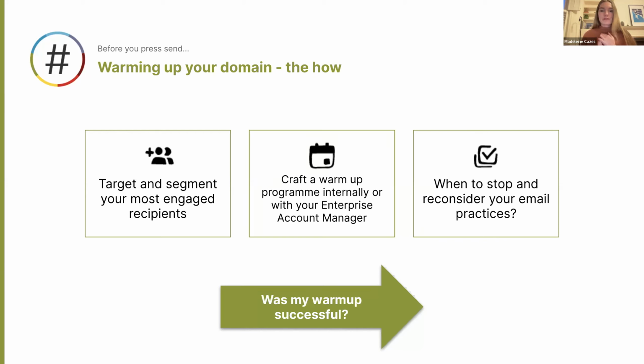So this means, have you targeted a new segment of folks? What was your ask? Did it differ from previous asks? Did the content or the copy of your emails change at all? Essentially, look for what's being done differently that could have had an impact on your engagement rates from one day to the next. And in general, these are the kind of stats that you want to be looking out for: open rates above 20%, click rates above 2%, bounce rates below 3%, bad rates below 1%, and then spam rates below